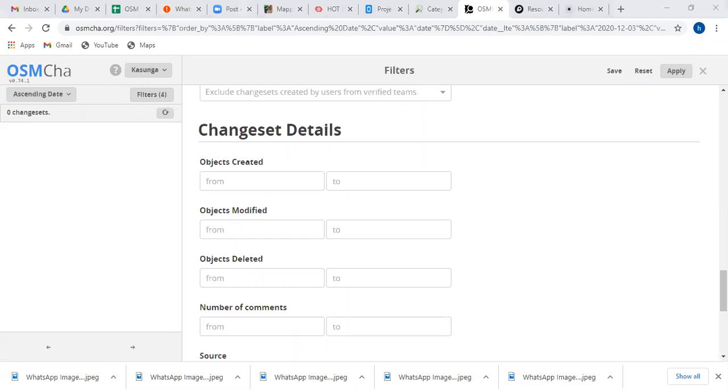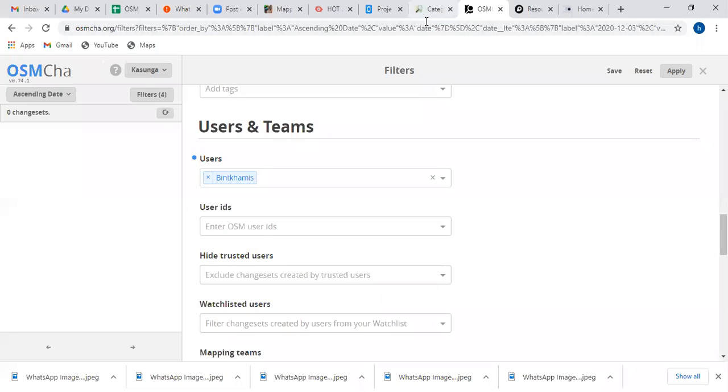to try to visualize the work of other people. So I'm going to allow you guys